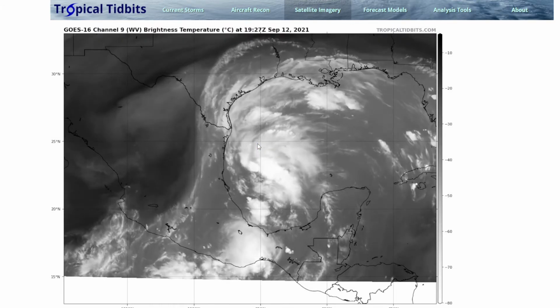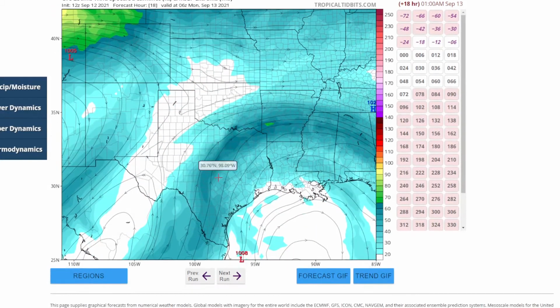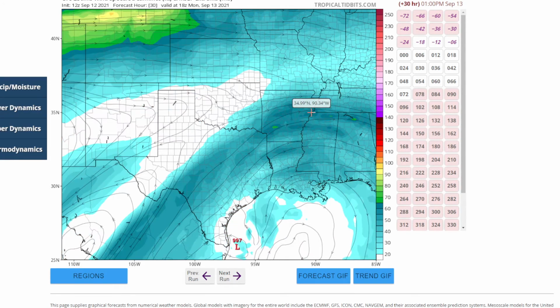So, if we look at model data here, go back a little bit here. We're going to look over the current, this is relatively current here, upper level wind flow. You can see our trough here, the kink in the flow right here, and then you have the winds out of the south here that are turning to the east here. And we have a little bit of upper level convergence right here. And so this becomes shearing flow as the system comes off to the north here. And you can see that this jet of sorts over Texas begins to start imposing a little bit of shear